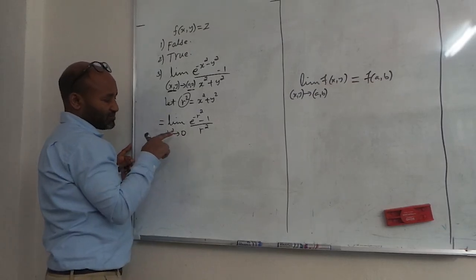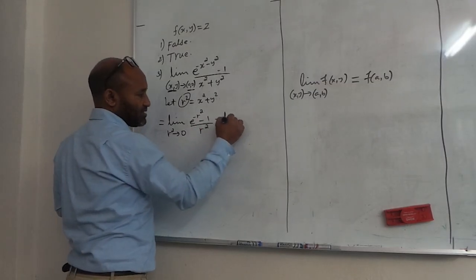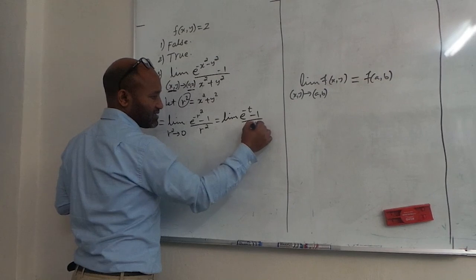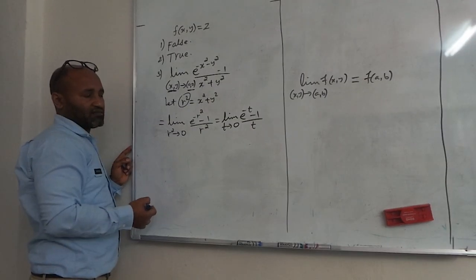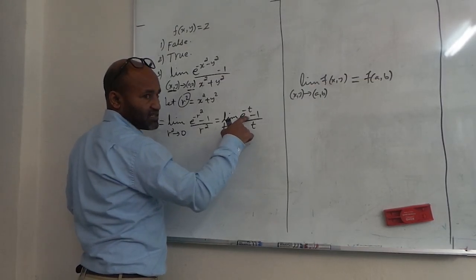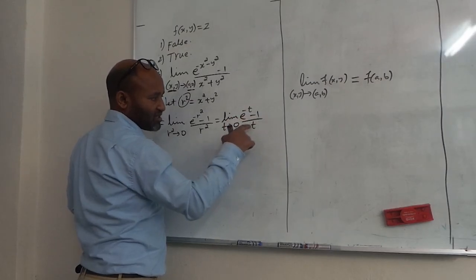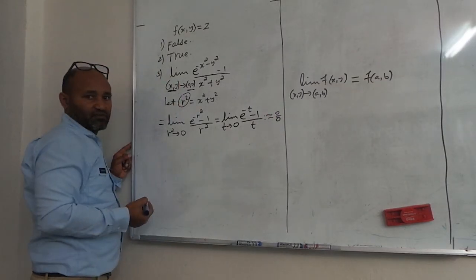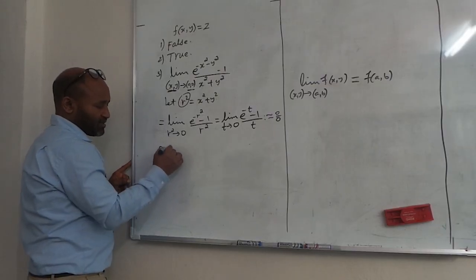After we get this one, you can replace r square by t. The limit of e to the power of minus t, minus 1, over t as t goes to 0. Use substitution again. When t goes to 0, what's this result? When t goes to 0, 1 minus 1, 0. So this is 0 over 0 form, indeterminate form. Therefore, by applying L'Hopital's